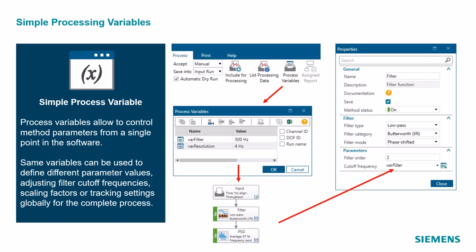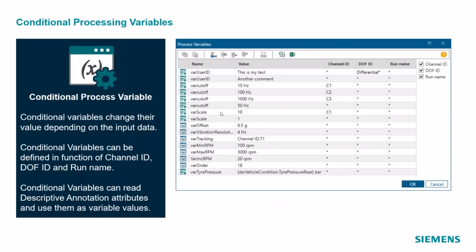Instead of needing to click on each method, go into that method and set the frequency resolution, we can define this resolution variable and then choose that variable to be the frequency resolution for each method. And then anytime you want to change the frequency resolution for all of those methods, you can do it from one central location.